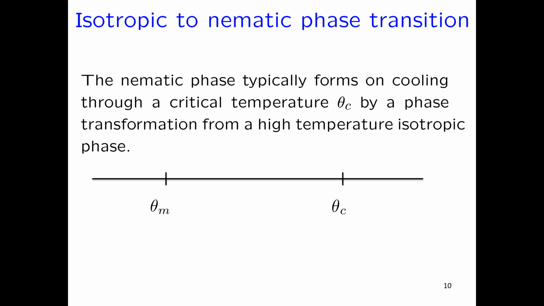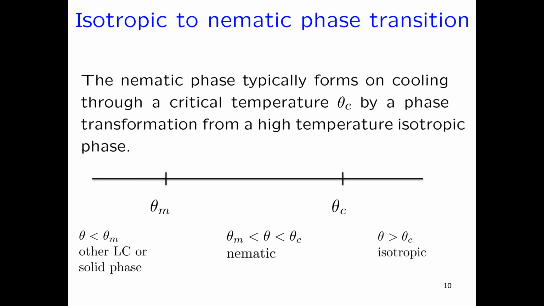This is the temperature axis, and for temperatures theta bigger than theta critical, thermal agitation takes over, and the material will be in its isotropic phase. And then when you reduce the temperature below theta critical, but maybe not too much, the nematic phase forms,